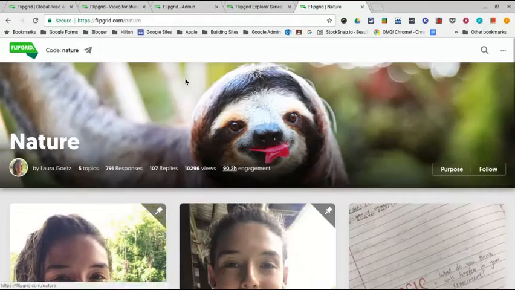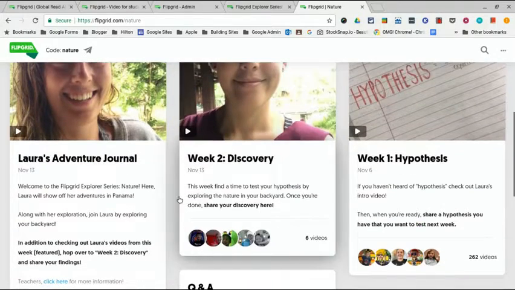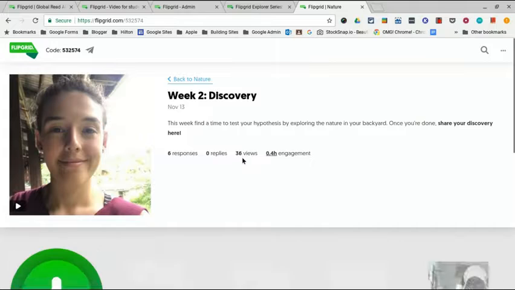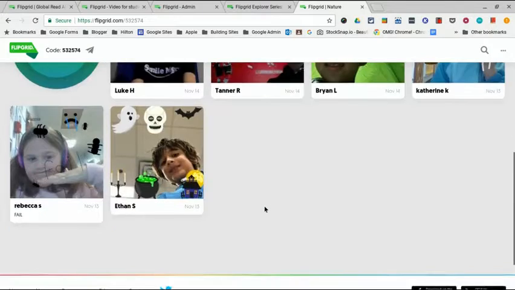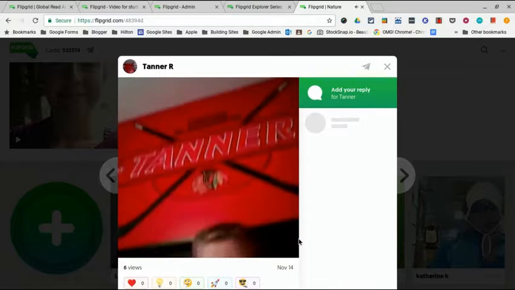So I'm just going to go back to the nature grid. To jump into someone's grid, here's her discovery grid this week. Share your discovery here. The idea is that they're supposed to explore nature in their backyard, and then share a discovery here. If they come into this grid, you can watch Laura's video. I'm just going to jump into this individual topic. You'll see student responses, and this individual student, Tanner,